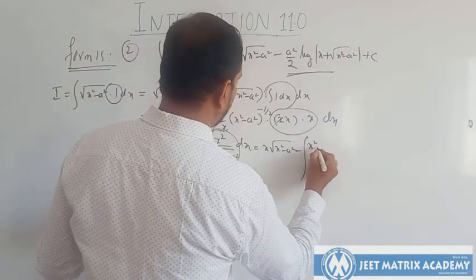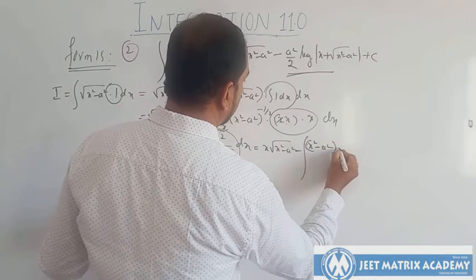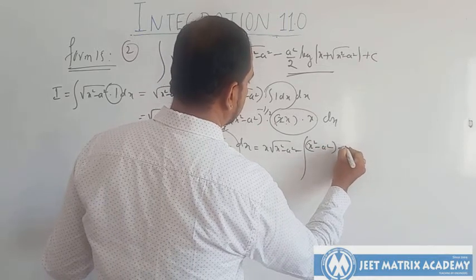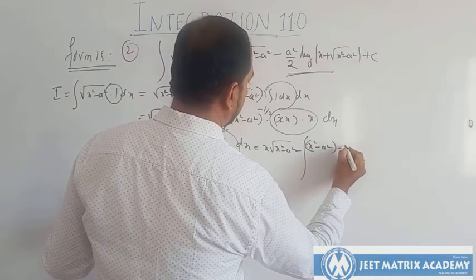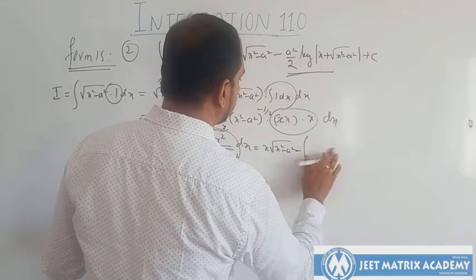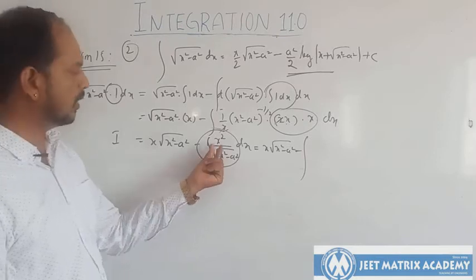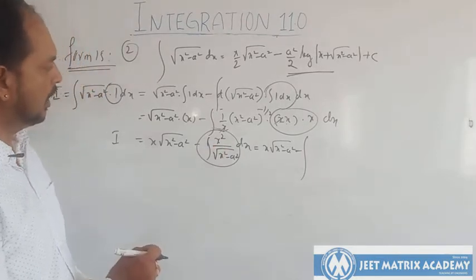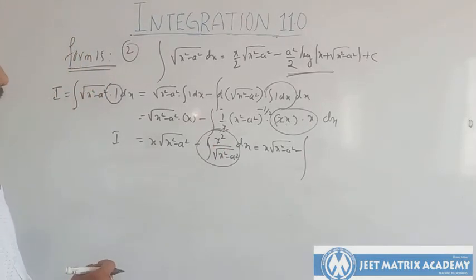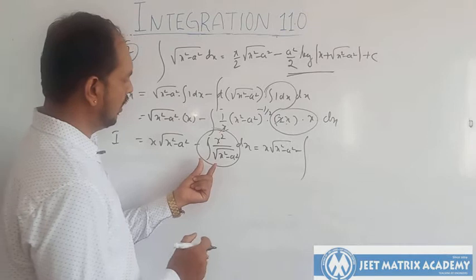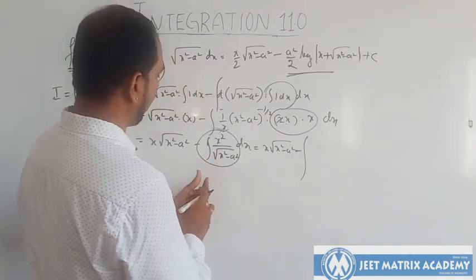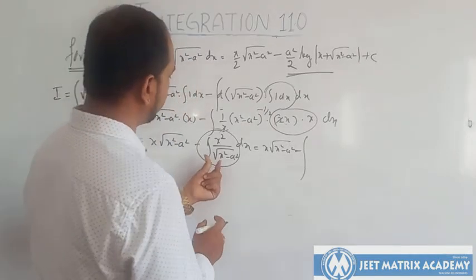Because I want x square in the numerator, how can we retain it? x square minus a square,